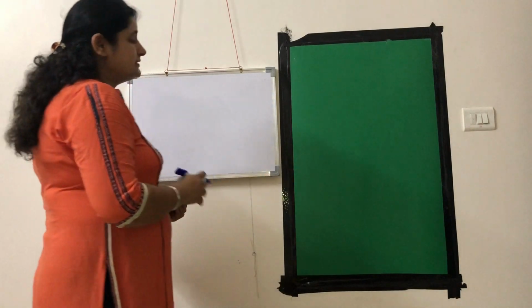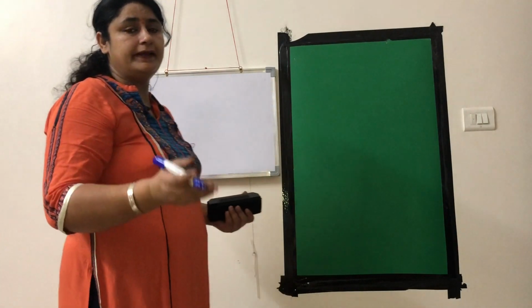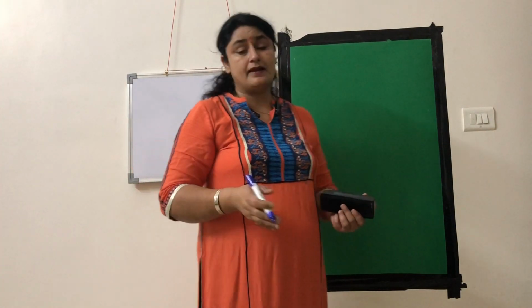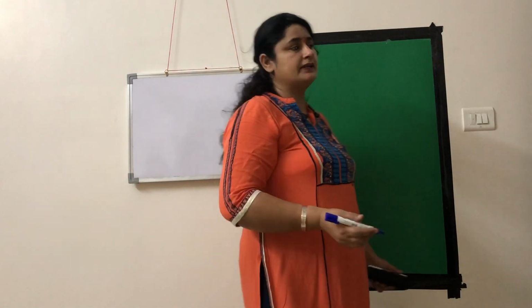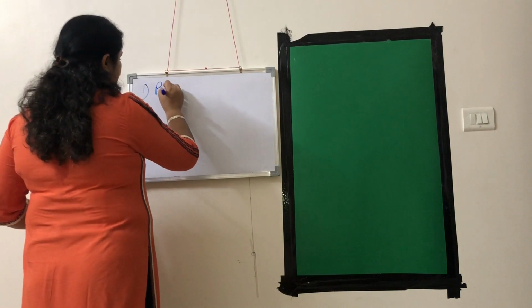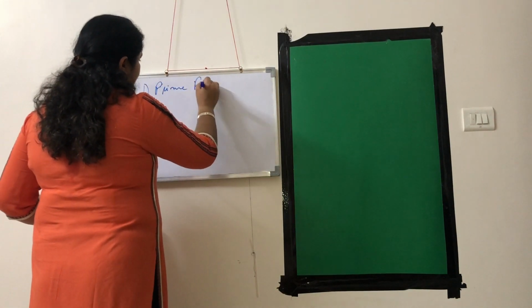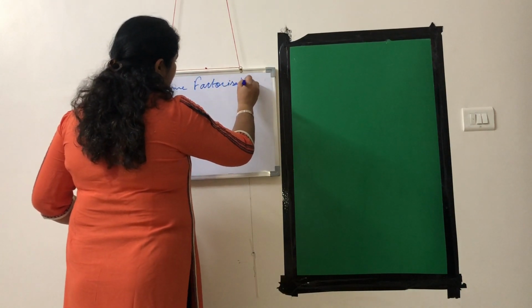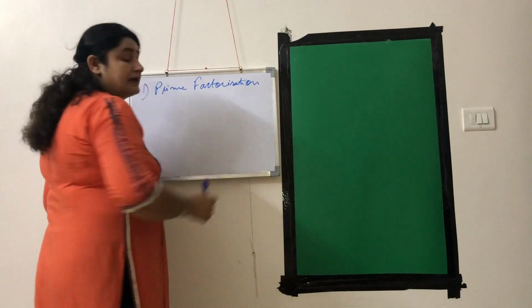So in our last video, we found the square root of a given square number by subtracting odd numbers, but that is not feasible for 3 or 4 digit numbers. So now we have various methods. The first method is prime factorization. Prime factorization means you can make the prime factors.